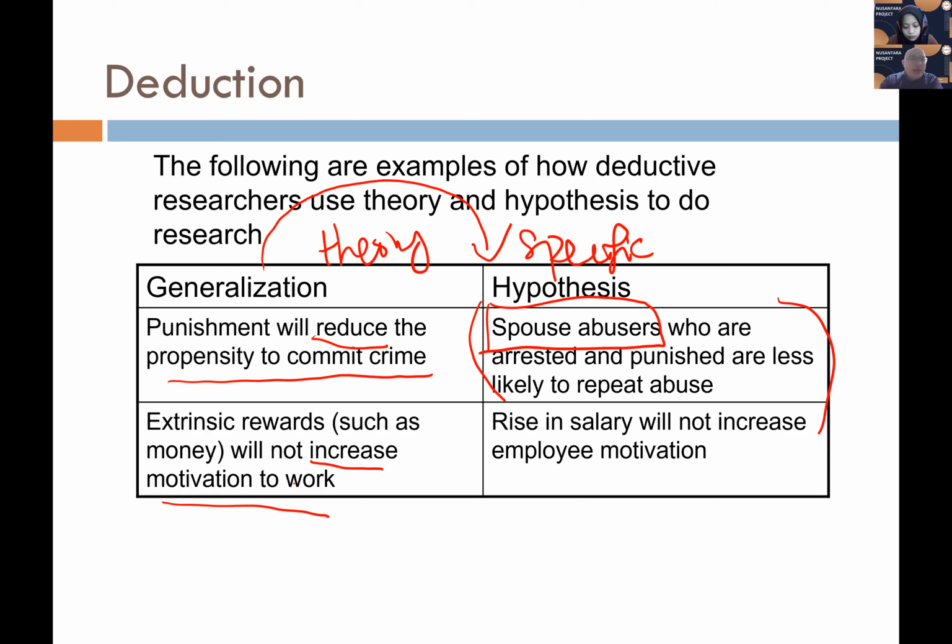So extrinsic reward can be anything. So let us make it more specific. Rise in salary will not increase employee motivation. So this makes it very specific. We are testing on the variable of salary. But of course, extrinsic reward, we have a lot. Not only salary, we still have other terms of extrinsic reward. So this is only one example. So basically, deduction is we are using a theory to generalize it, to be a specific hypothesis in our